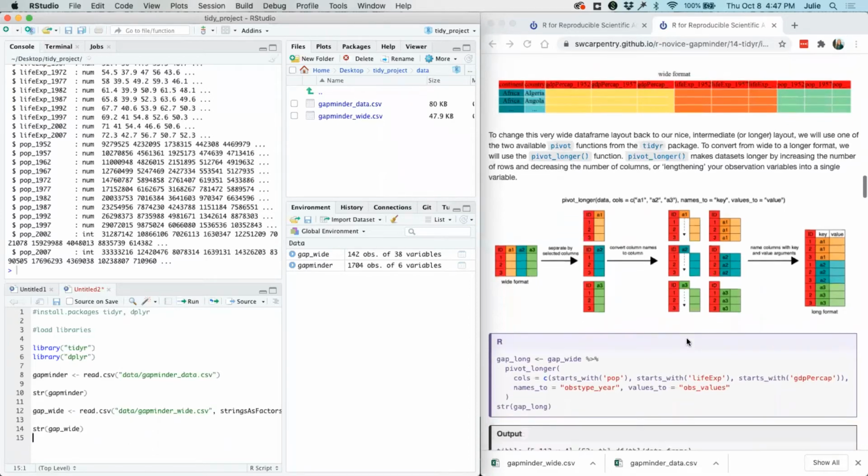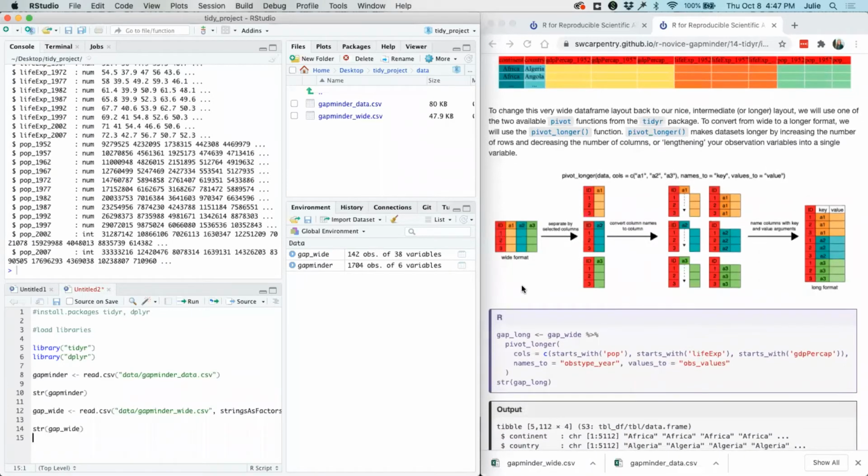So there's a nice illustration of how they've taken the wide format. They've parsed out selected columns. They've converted column names to columns, and then pieced it back together with new column names with key and value arguments.